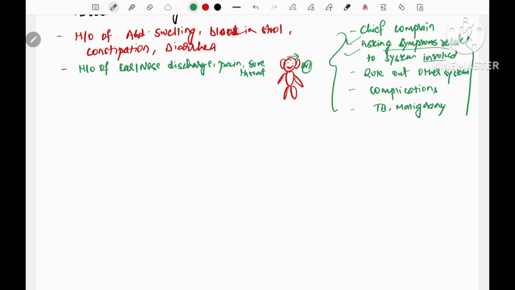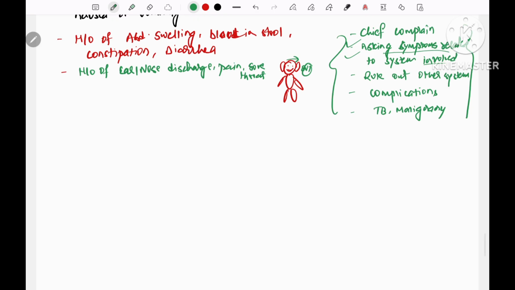If there is any history related to this, then there is a chance of ENT involvement. Okay, so ENT has been ruled out. There is no history. Then I will come to the chest. In chest, what are the symptoms? So in chest, the symptoms can be like history of